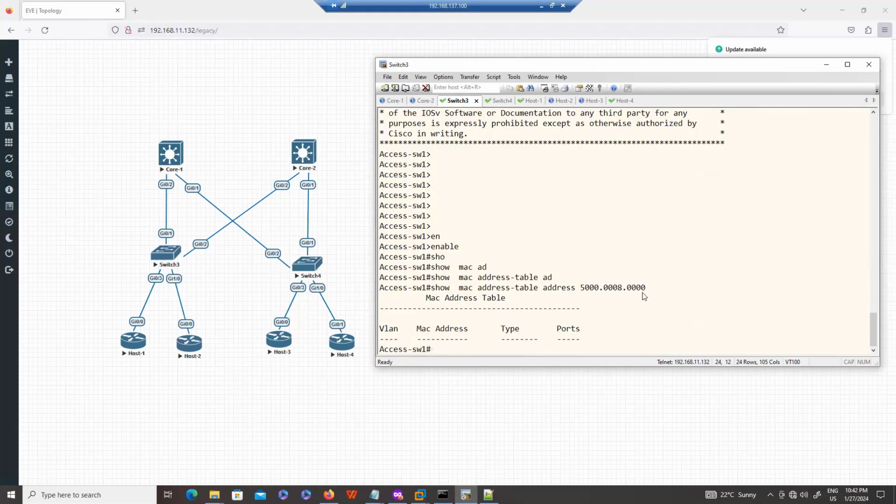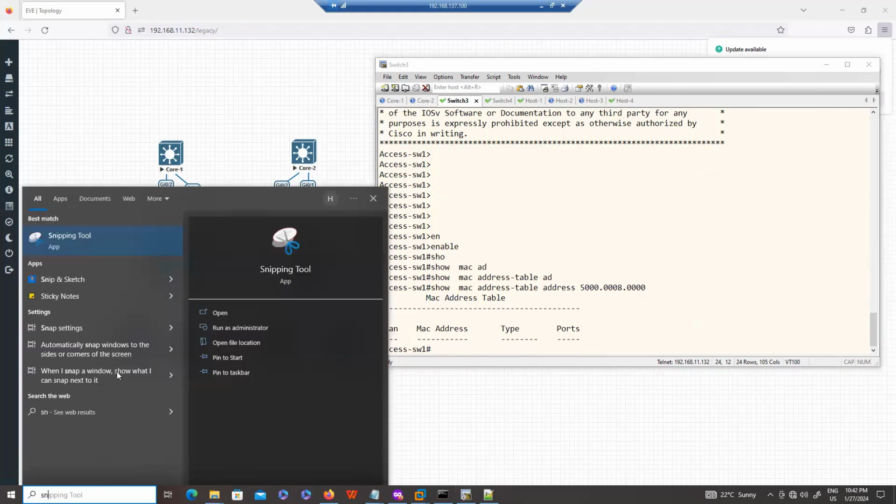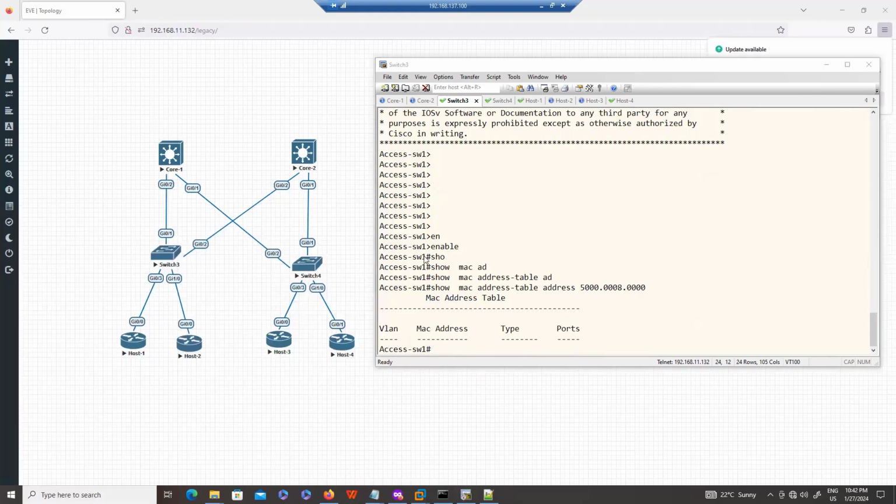So right now, guys, I don't see any leaving interface, because if you study CCNA, there is aging time. If there is no traffic for any MAC for 5 minutes, that's the aging time, which is 300 seconds, and your entry will be gone from the MAC table.